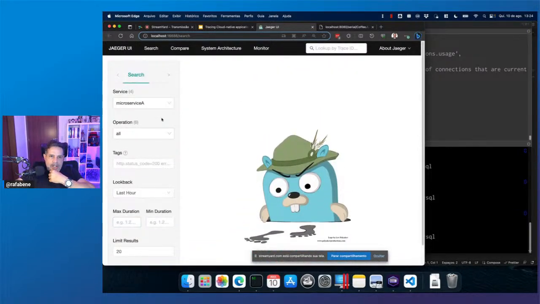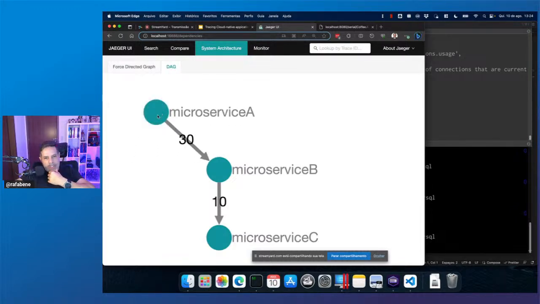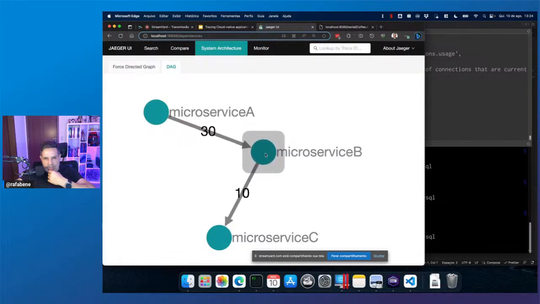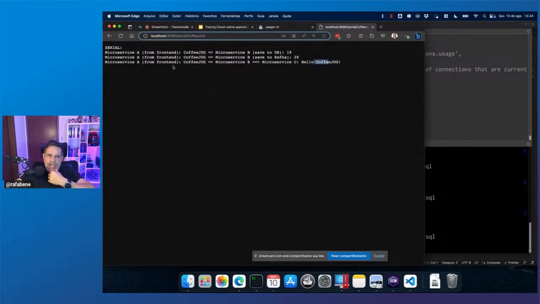So here in Jaeger, I can go to the system architecture, and I can go to my design architecture graphic, and I can see microservice A invoked microservice B 30 times, and microservice B invoked microservice C 10 times. Why so? Because microservice A calls microservice B 3 times, right?